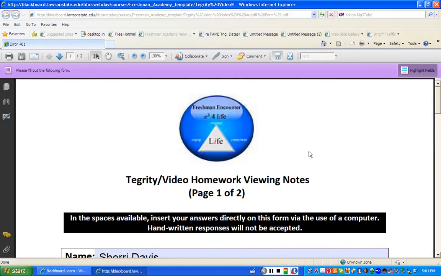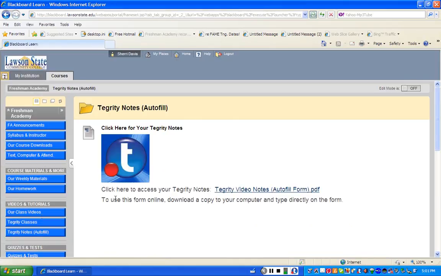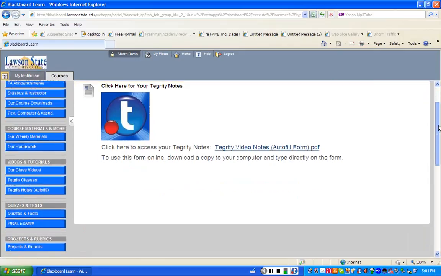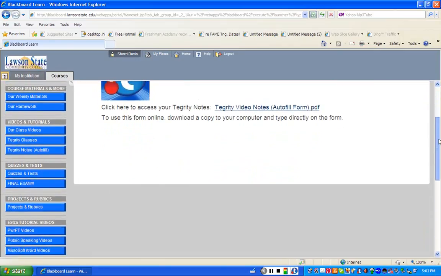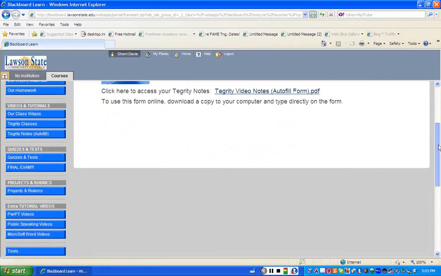Just make sure you save it using your name. So I'm going to hit the X button to get out of that. All right, working down. The other place, as I mentioned before, that you're going to have lots of quizzes and